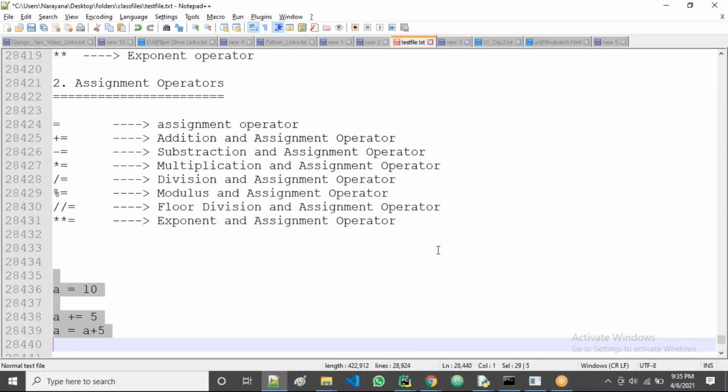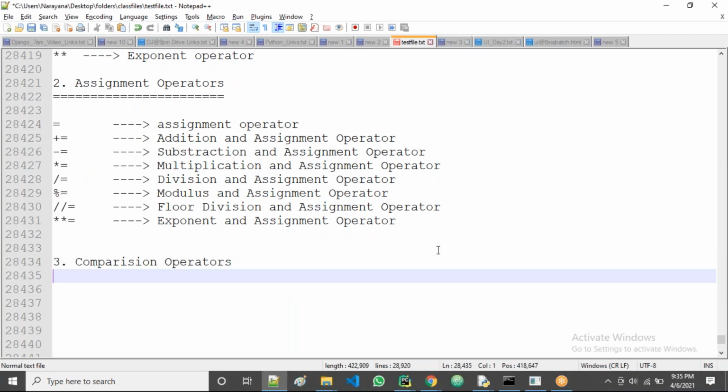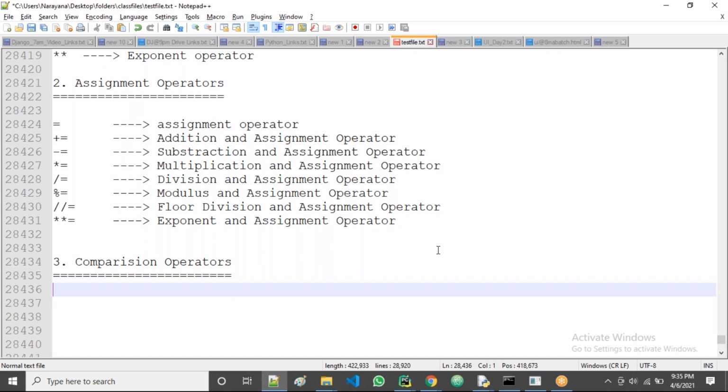What next one? Logical operators. Sir, can I ask one doubt? Please mute the mic, all of you. In the last, I'll give that time to ask the questions. This point I'm saying every day, right? While class is going on, just mute the mic. If any doubt is there, we'll see at the end of the class. Okay, right. Fine.